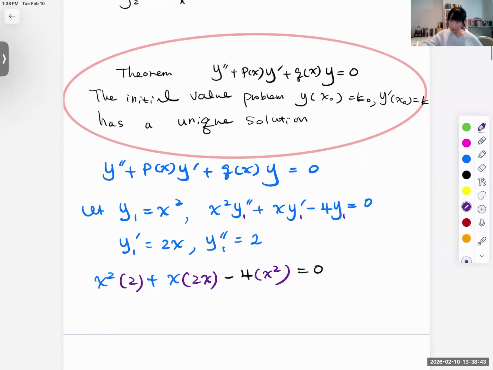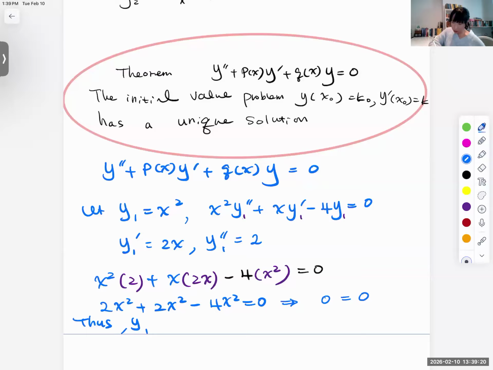So we have 2x squared plus 2x squared minus 4x squared equal to 0. Yeah, this is a true statement because 0 equal to 0, right? 0 equal to 0. So we can say that